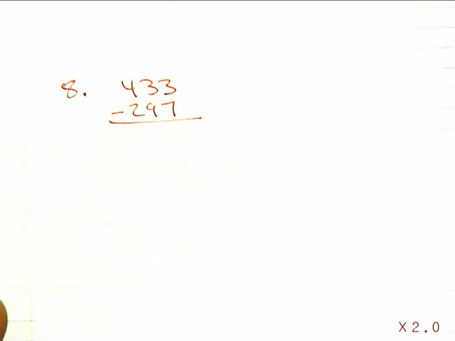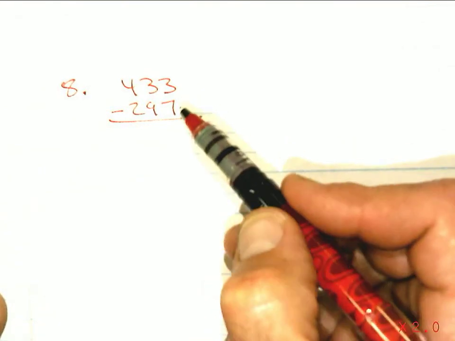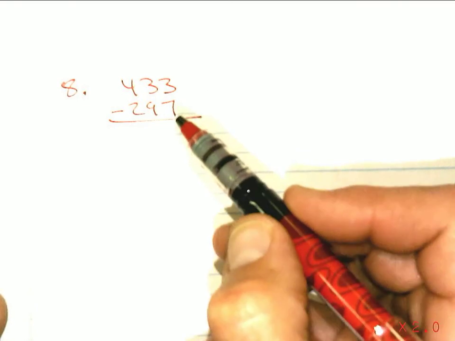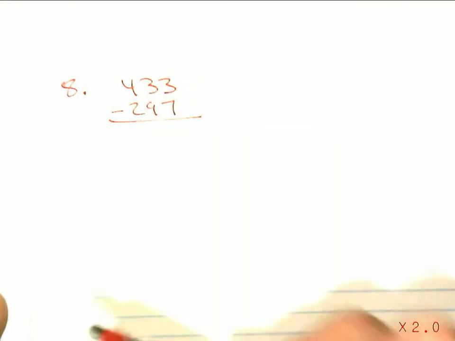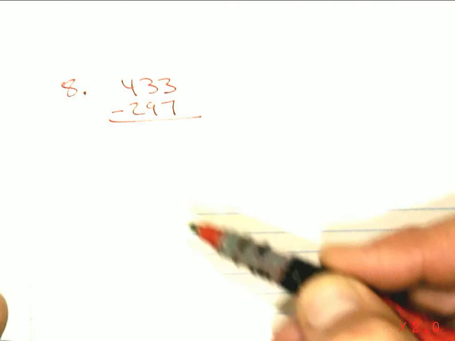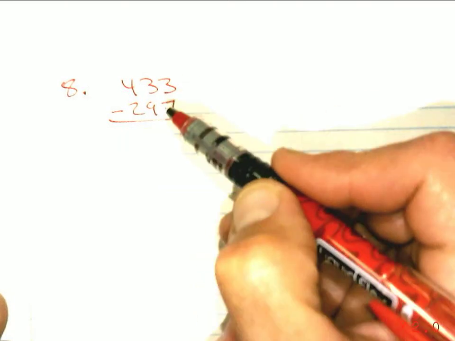Problem number 8 is a basic subtraction problem, but I want to do this problem several ways for you, just because the way this problem was written was not intended to be done using the standard algorithm. Again, this is a mental math problem, and the purpose of this kind of problem is to get you to actually think about the numbers and what's going on here. But I'm going to do this two ways. I'm going to do this the standard way,